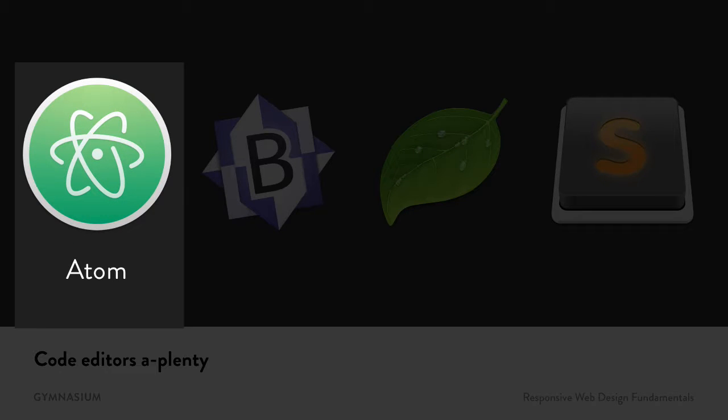The first is Atom, which we tend to recommend for Gymnasium courses because A, it's free, but B, it's also available for both Mac and PC, which means the user interface is going to be very similar no matter which platform you're on, and this tends to make it a little bit easier to follow along with the instructors while